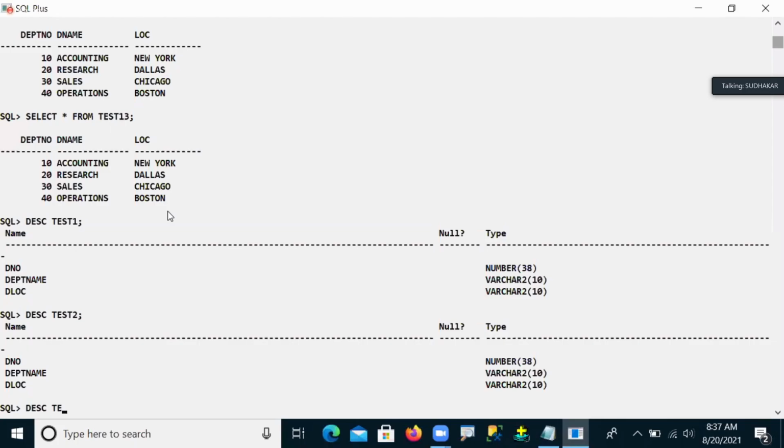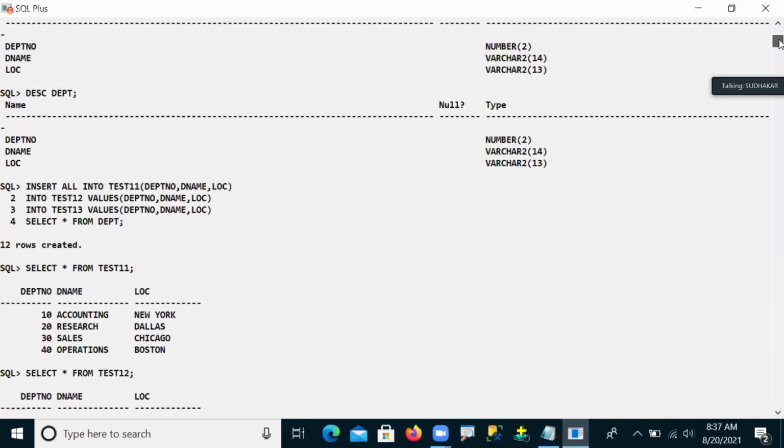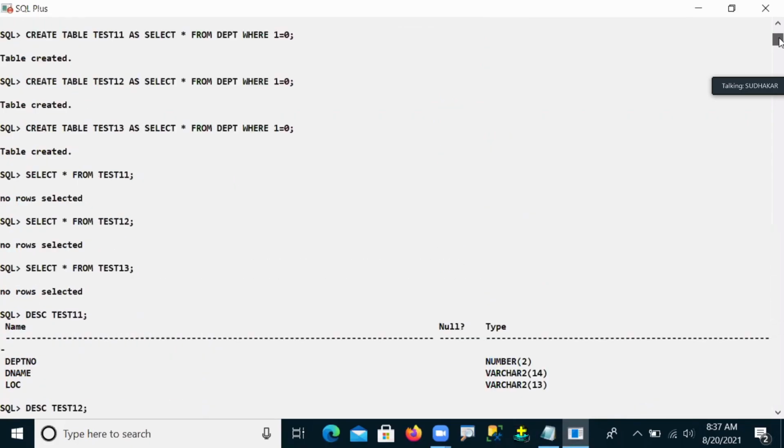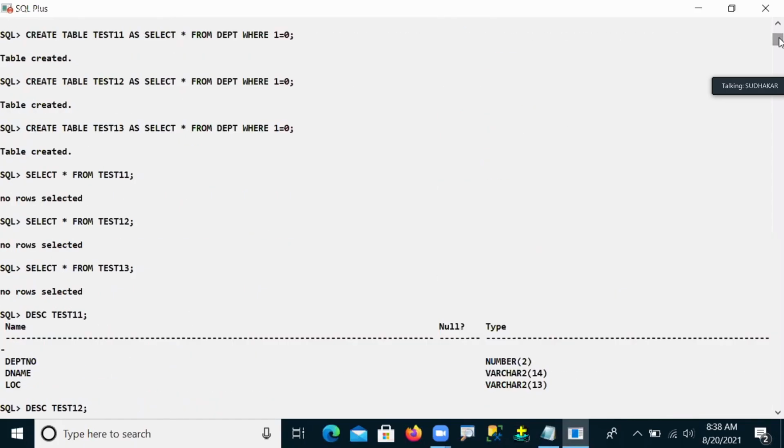Test number 3 also we did. So what is our mistake? Here the structure is clear now. Yes or no? Structure is clear for all test 1, test 2, test 3. But where is the problem? Let you see where our problem is.